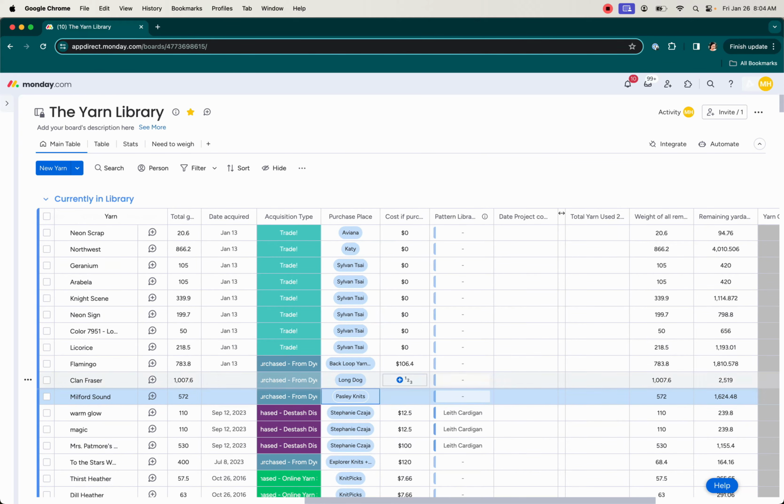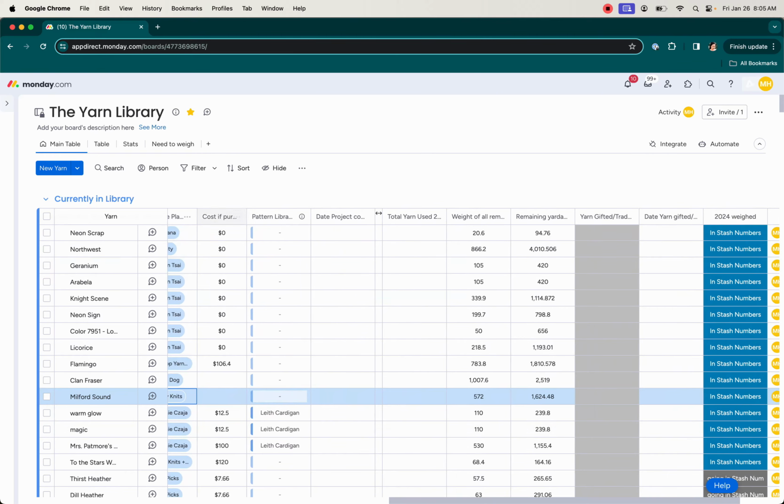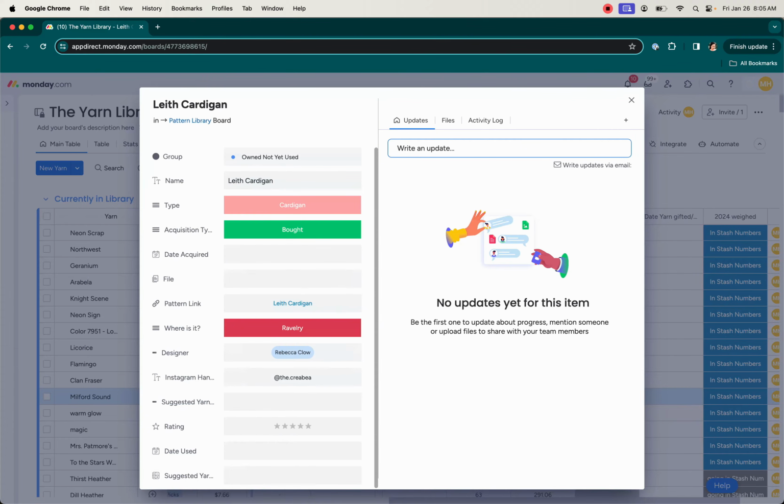I only have like 3, I think, to fill in, these 2 and the other Coley yarn, but I will do that. And then I put the cost in if I paid for it. The pattern, if I have a synced pattern. So like I have not weighed my Leith scraps yet. I will do that. I will subtract the numbers, but those 3 yarns all got synced to my Leith cardigan. And